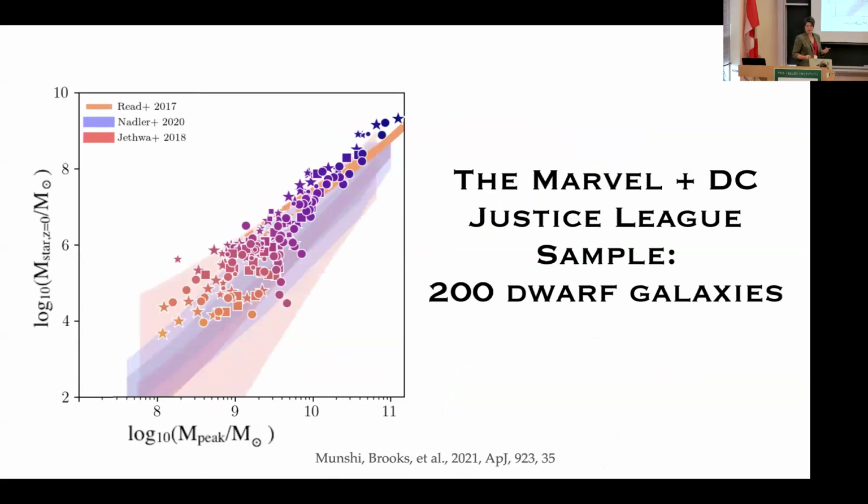Okay, so I'm gonna bring it back to me for a minute, right? I've been working hard over the last few years to develop a sample of hundreds of cosmological dwarf galaxies at high resolution. This is from the first paper that we put out with over 200 dwarf galaxies from the Marvel and the DC Justice League sample, where we actually predicted the stellar mass to halo mass relationship at dwarf scales. This, though, is the region where diversity is maximized. And, you know, thanks to CDM, I have many fewer of these than I have of these, right? They're more ultrafaints than Magellanic mass things.